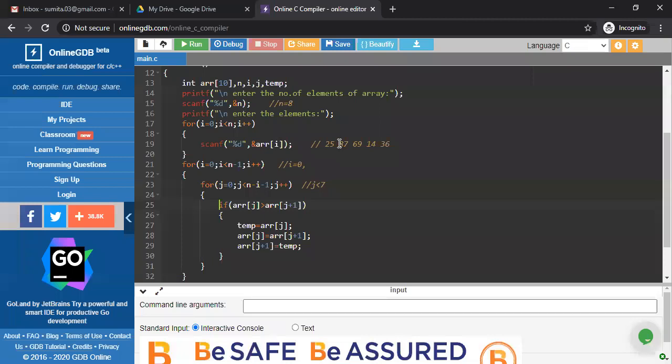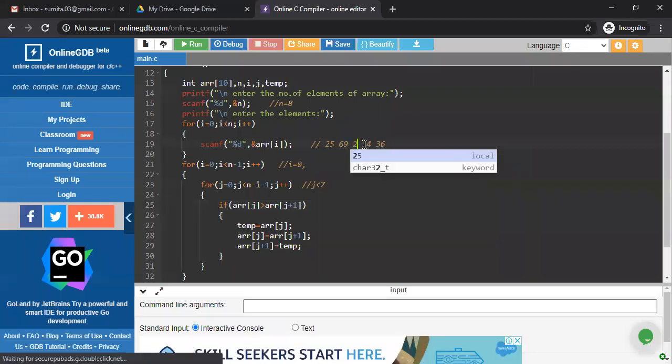In temp there is 87, so now we copy the temp value to ARR J plus 1. Simply using this swapping, 87 now moves to this place and 69 moves to this place. Total work is done. So after the second time the loop is executed, 69 is there and 87 is there.